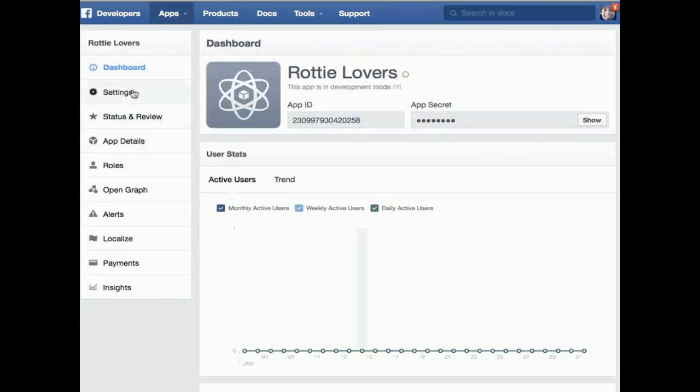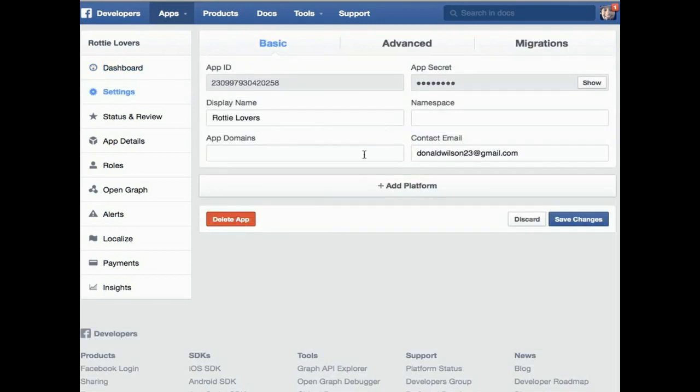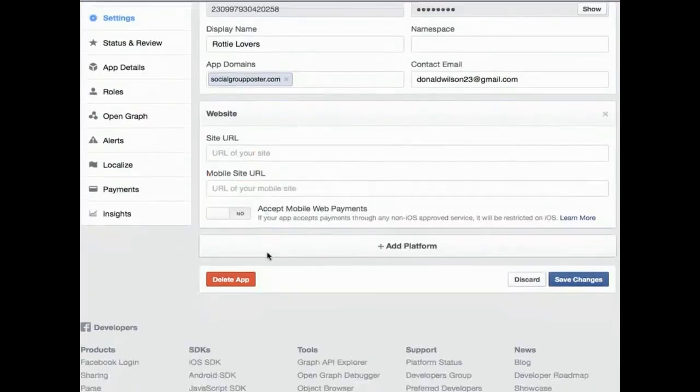All right, and now what you want to do is go to settings, app domain, socialgroupposter.com, and go to add platform, click website. Don, this is what I'm putting in app domains. Usually on all the app domains, I add